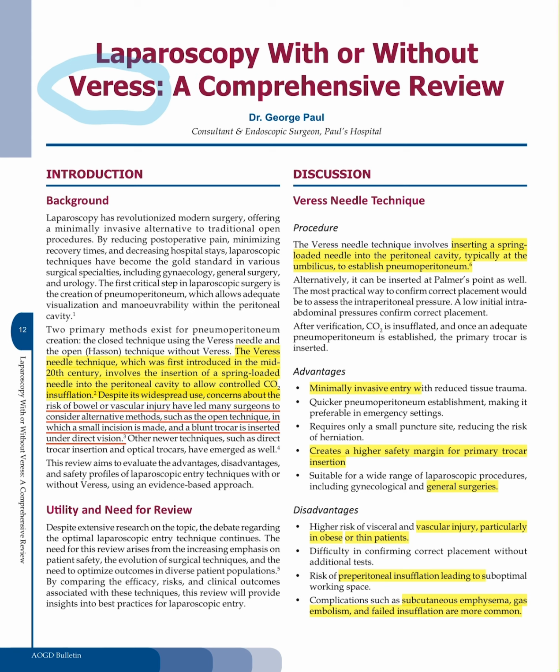So the Veress needle was generally introduced in the 20th century. This is a spring-loaded needle. There is a spring in the needle. So after entering into the peritoneal cavity, it helps to allow the CO2 insufflation. But this is a needle, so there is a chance of bowel and vascular injury, and so many surgeons follow alternative methods like the open